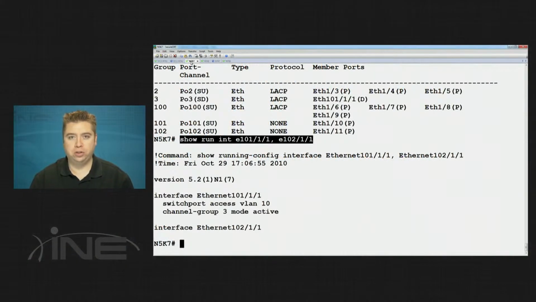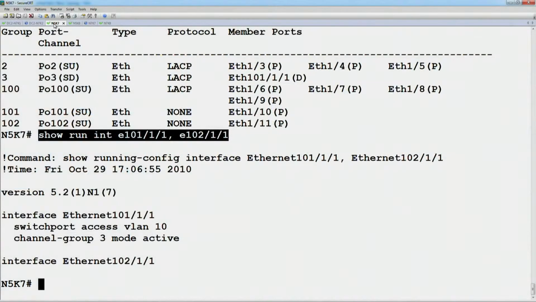So the first parent switch says I have control of port 10111 and 10211. If they're in a channel together, they should have 100% identical configs. But at the same time, the config needs to be identical on the other parent as well. And this is the potential logic problem that you run into from an operational point of view when you're running the enhanced VPC. Since it's two independent control planes, two independent management planes that are referencing the same physical ports,